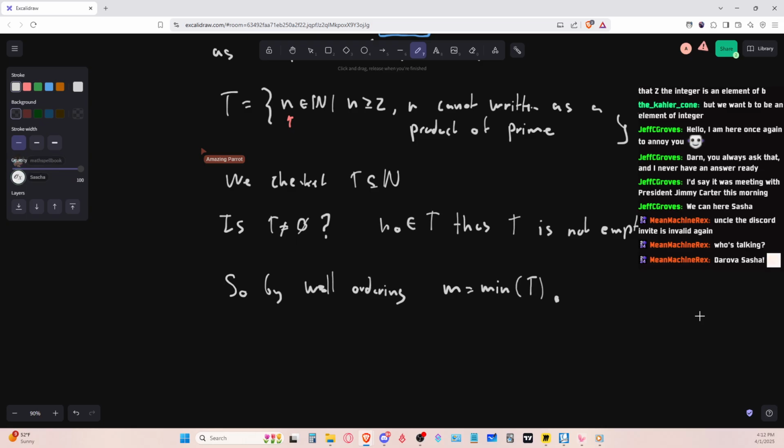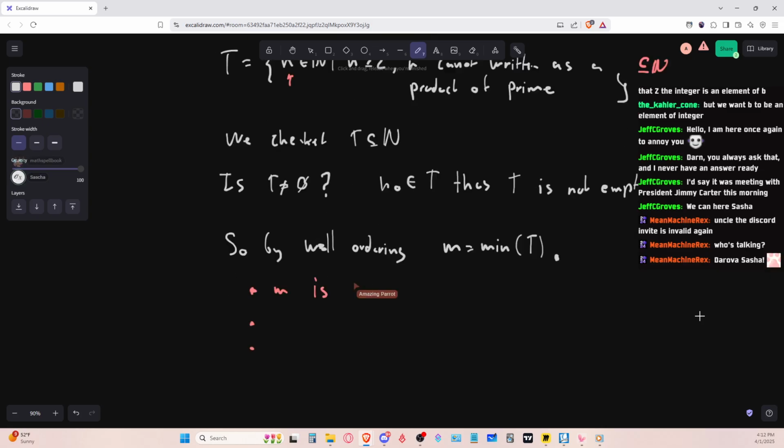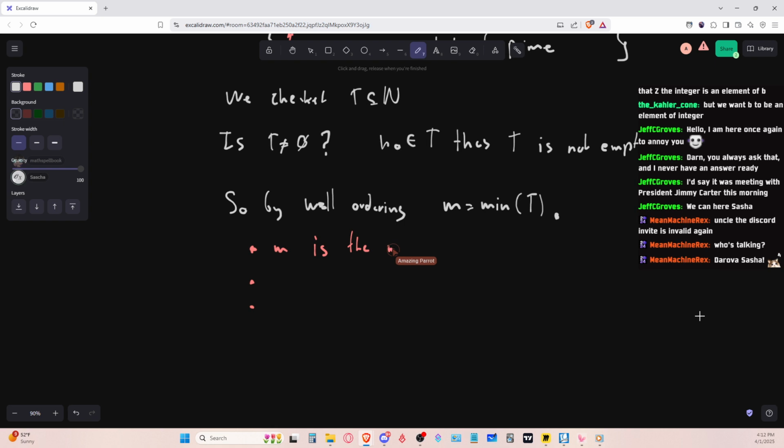Yeah. So what we should probably write down is some properties of m, okay? Just to reiterate. So let's maybe do some list. So m is the minimum of T. Okay. So what does this mean? That means that, okay, maybe I can write that. So M is the minimum of T. M cannot be written